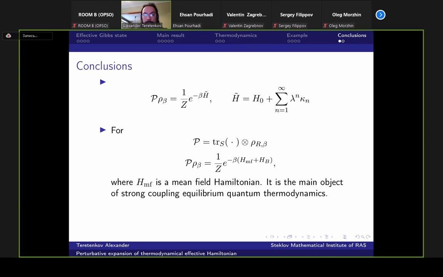It's actually usually perturbative. Then the main object is the so-called mean force Hamiltonian, and it's possible to obtain it in exactly the same setup, but with a different projector. Actually, the projector that should be used here is just the usual standard projector, which is used to derive